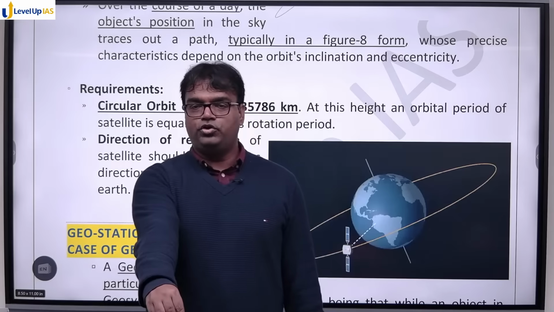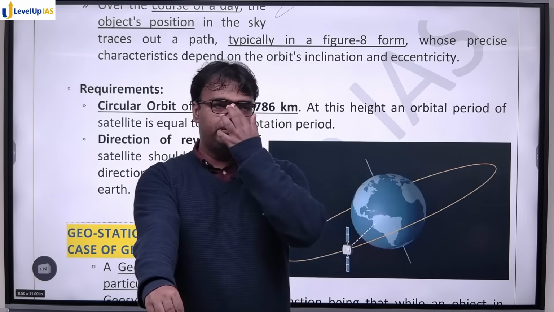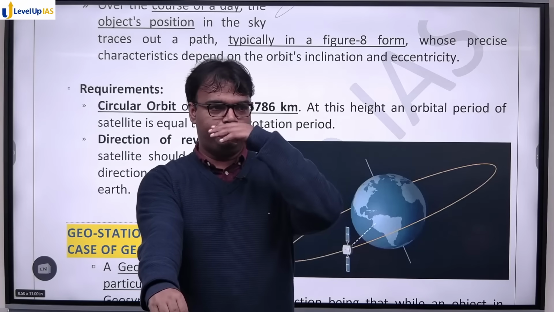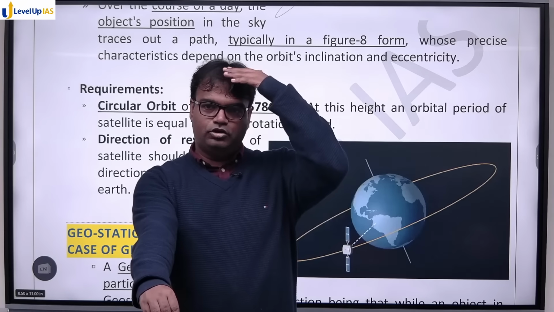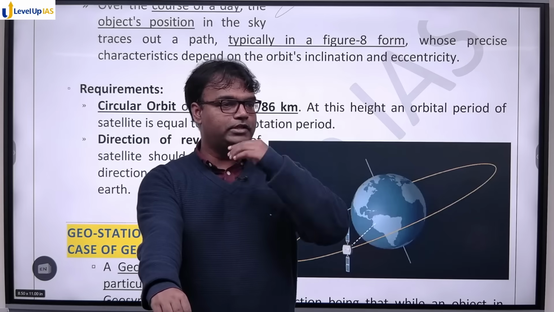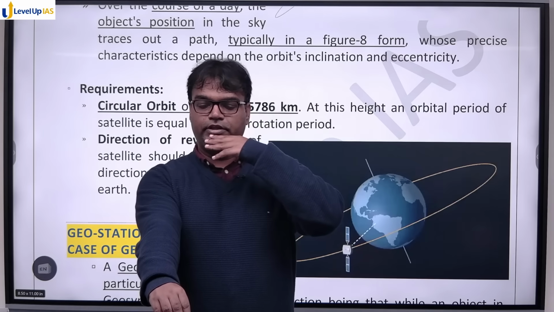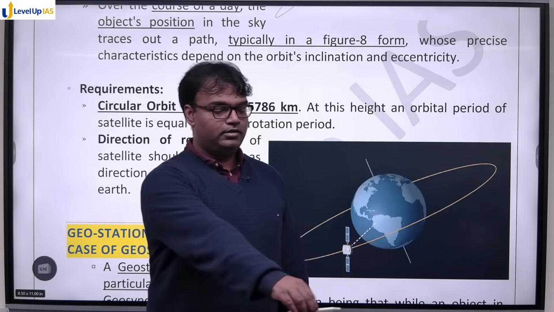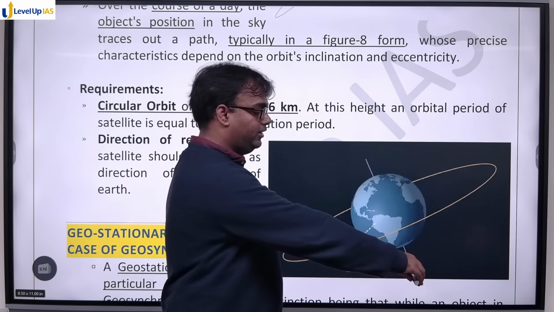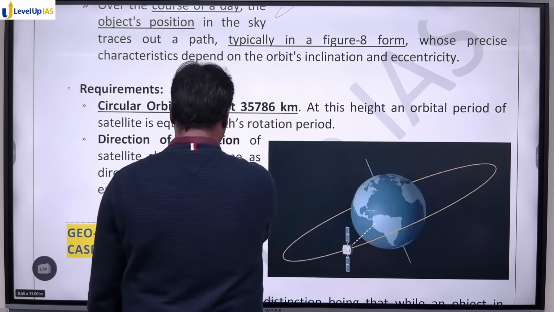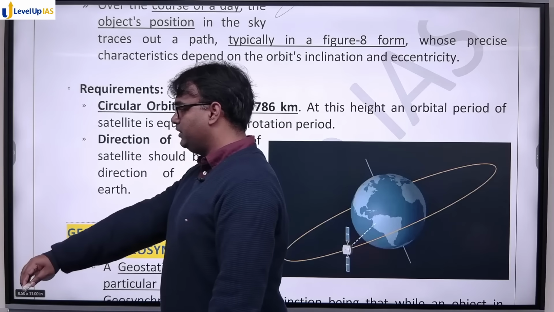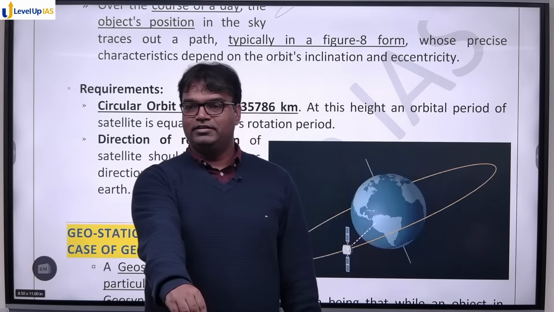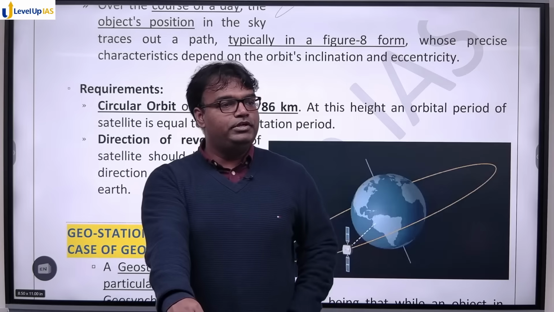नाउ थिंक ऑफ फ्रॉम सम पर्सन्स पर्सपेक्टिव, लेट से कोई पर्सन है जो साइबेरिया में है, रशिया में, या नॉर्थ पोल पे, चलो नॉर्थ पोल पे नहीं जाते, रशिया में जाते हैं। व्हेन दैट रशियन पर्सन इज लुकिंग एट दी सैटेलाइट, वो हमेशा ऐसे ही देख रहा है, आफ्टर 6 आवर्स भी यहीं पे देख रहा है, आफ्टर 6 आवर्स अगेन यहीं पे देख रहा है। एट एवरी मोमेंट द सैटेलाइट इज स्टेशनरी।